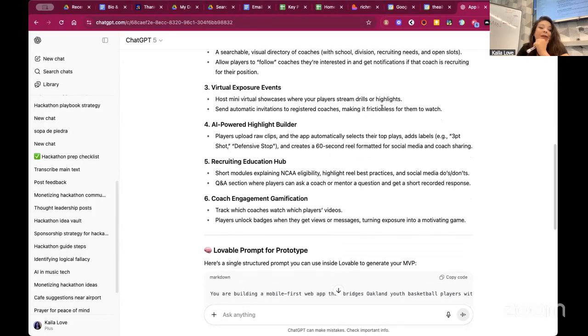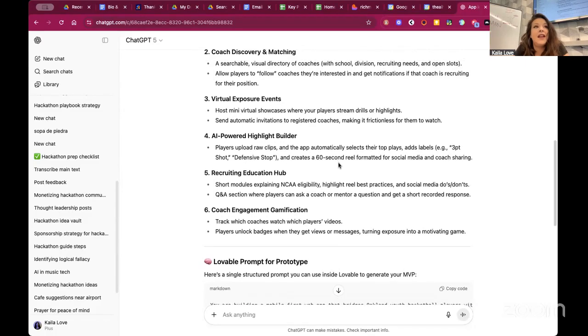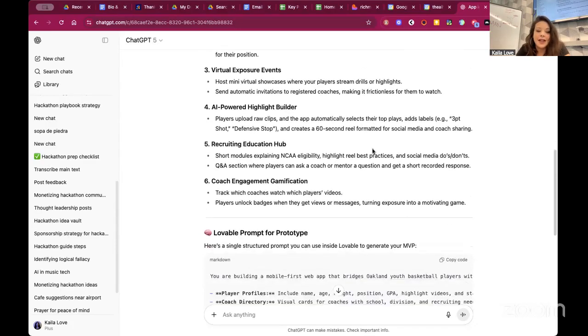So I would say, what's the feedback for you as a coach, and you also, Donald, being here, or anybody in the audience that wants to give feedback on what we see here? These ideas helpful? Do you think that in real life, the applications? Yes, I think the one where it automatically does the highlight builder, the AI highlight builder. Yeah, that saves a lot of time for them, pushing out the content. So something that helps.